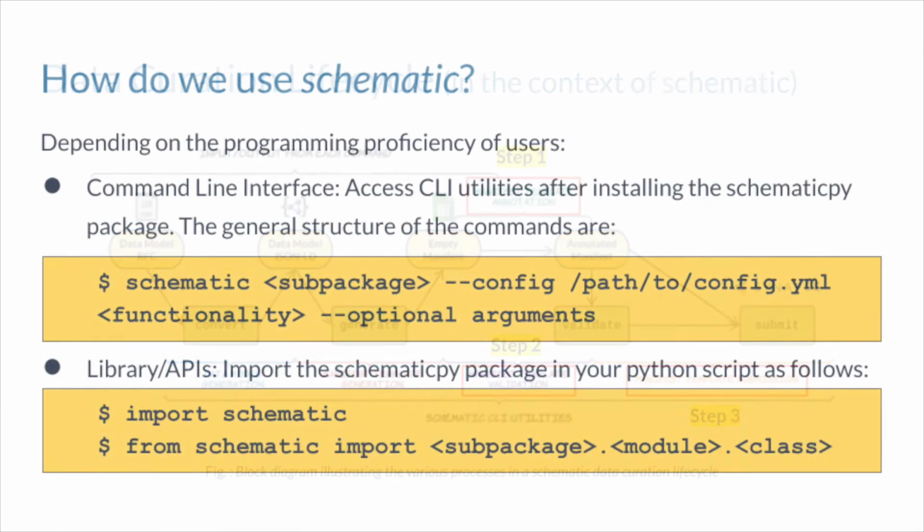Depending on the level of proficiency of users, Schematic provides a couple of ways in which users can leverage its functionalities. Biologists with some exposure to using the command line can use Schematic's command line interface or CLI to interact with the tool, while other, more seasoned programmers can use it as a Python library. For the purposes of this talk, we'll take a quick look at a few screenshots of what the results look like when we execute some of these CLI utilities. Currently, the only data repository supported by Schematic is Synapse, so all of its utilities are built considering Synapse is where the user wants to store their datasets.